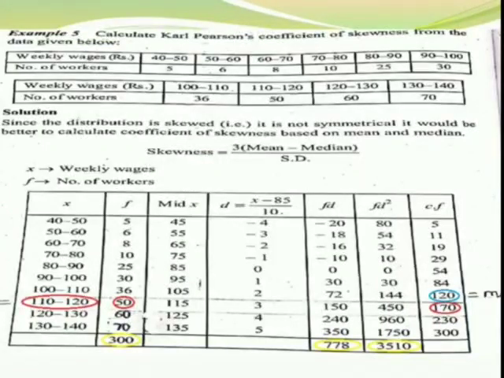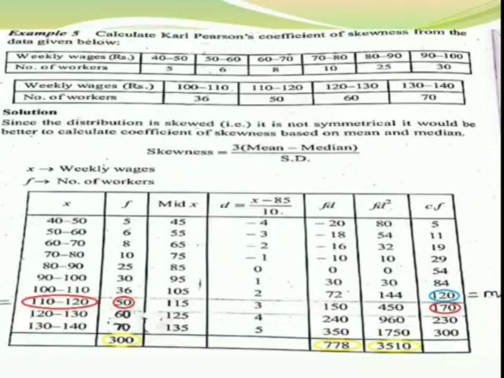Now you have to find your cumulative frequency by using your frequency values. The first value's frequency is 5, so in cumulative frequency also the first value is 5. Next you have to add the first two frequencies, which is 5 plus 6 is equal to 11, which is your second cumulative frequency. And then you have to add the first three frequencies, 5 plus 6 plus 8, which is equal to 19, which is your third cumulative frequency.